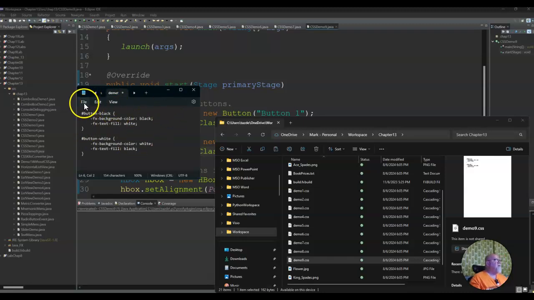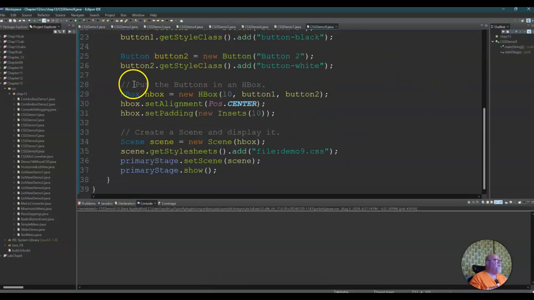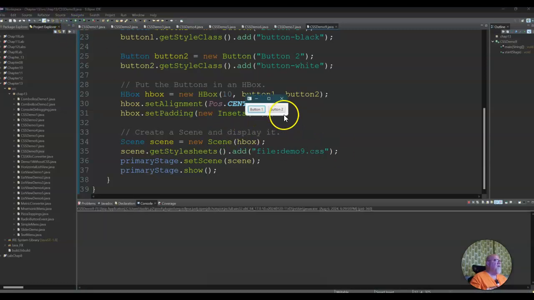So let me save that. Let me come back over here and rerun this. Yeah, no, it changed it because we have to utilize